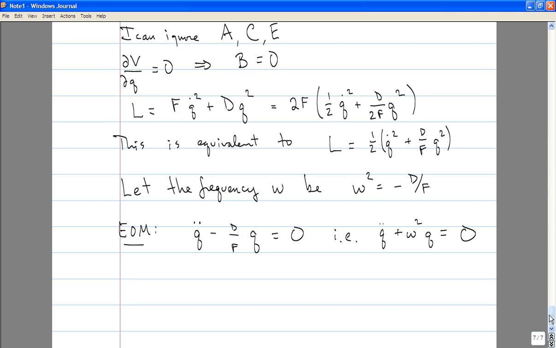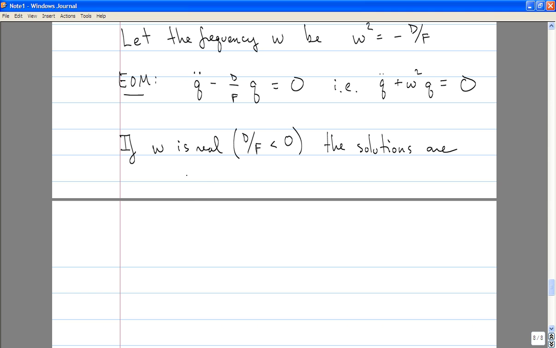So if omega is real, which is to say d over f is negative, then the solutions are given by sines and cosines. The most general solution to this differential equation will be q is equal to some number a times sine omega t plus b times cosine omega t. You can check that q dot